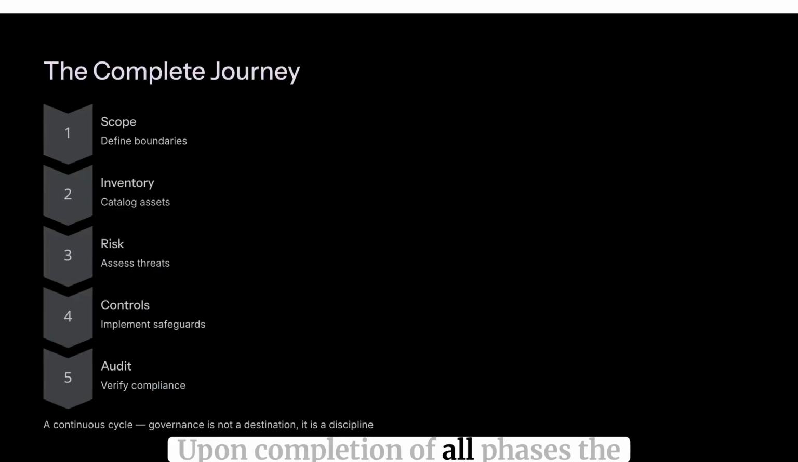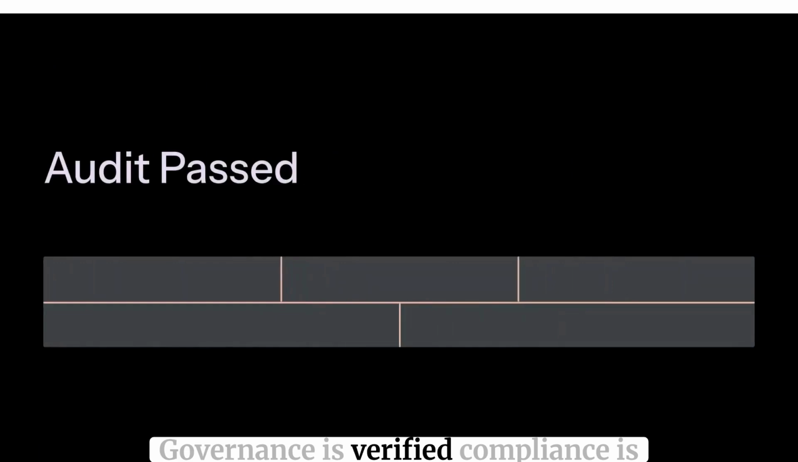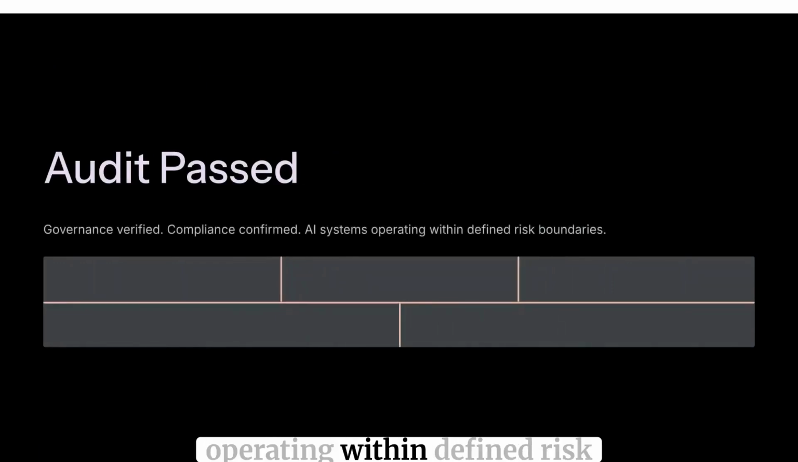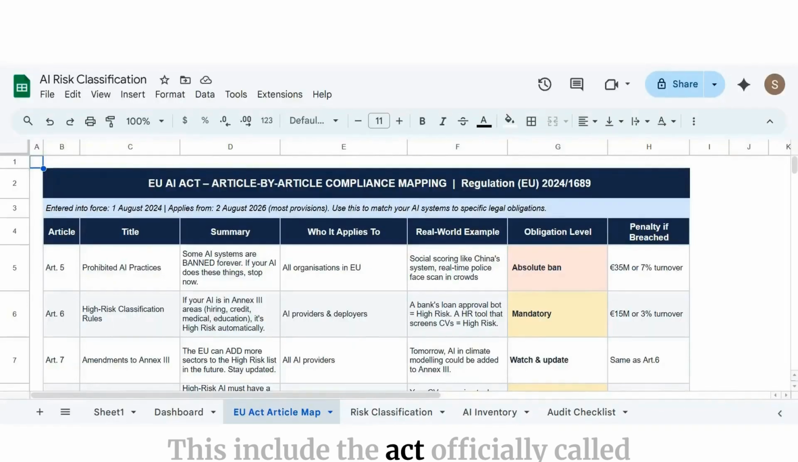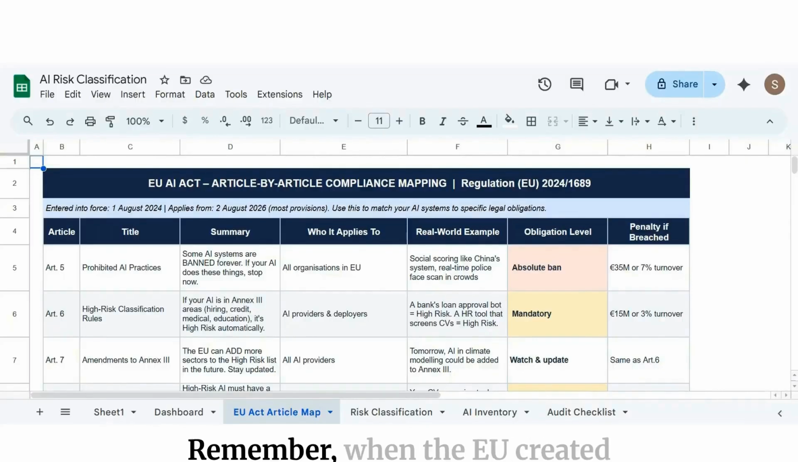Upon completion of all phases, the audit is passed, governance is verified, compliance is confirmed, and AI systems are operating within defined risk boundaries. The EU AI Act, officially called EU Regulation 2024/1689, was signed in August 2024. Remember when the EU created GDPR for data privacy? This is the same idea, but for